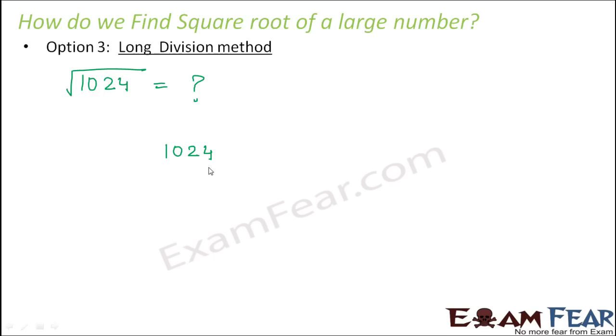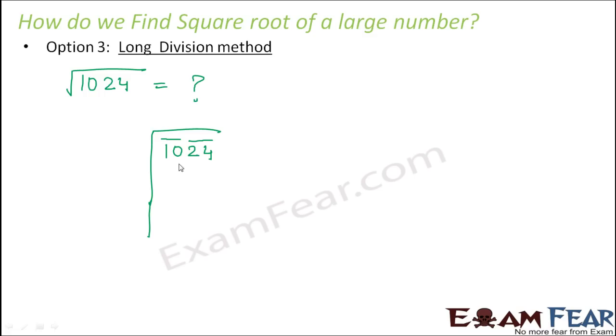So this is the units place. From this side, 2 digits together under one bar. Again, the remaining 2 digits together under one more bar. So your first step is placing the bars over pairs of digits, and you start pairing the digits from the right hand side, that is from the units place. Once you have done that, you make an arrangement like this, because now we are going to perform something like division.